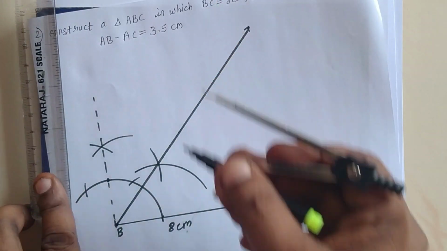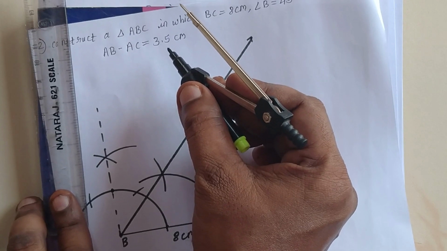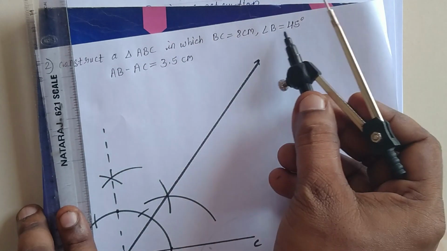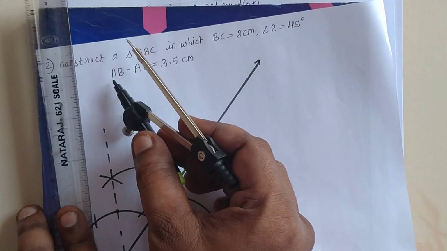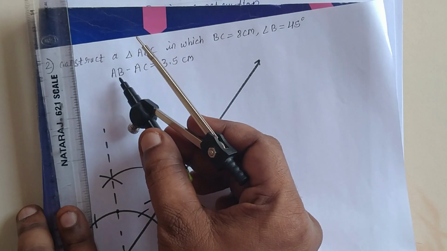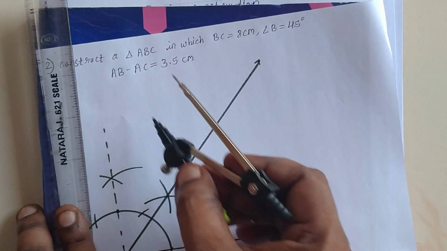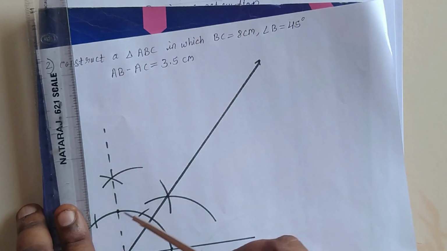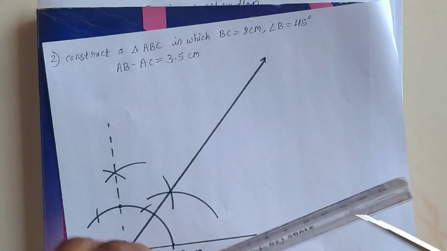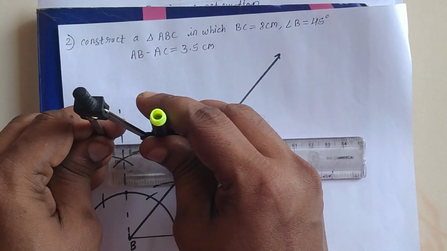Now on this you have to take the difference of two sides, that is AB minus AC, which is 3.5. Now student, angle B is given 45. You have to see where is the vertex B. It is initial, means AB. Vertex is before minus sign, that means AB is the longer side. So when vertex B is before minus sign, then you have to draw this 3.5 arc in this way above this line. Okay. Now see, we have to draw 3.5.